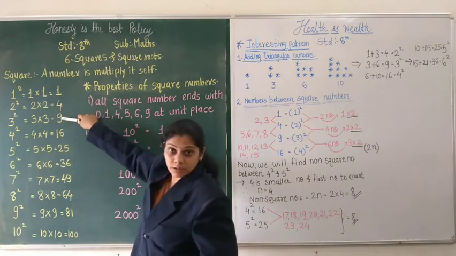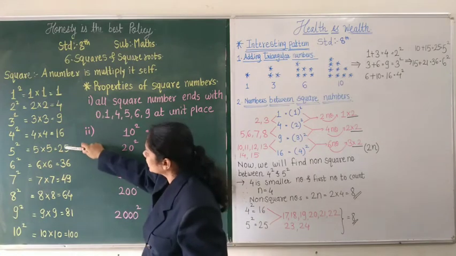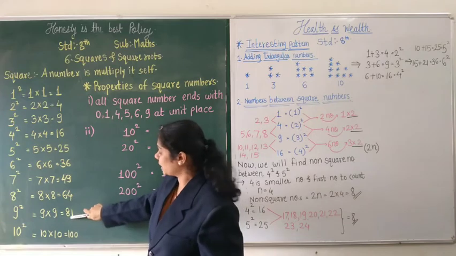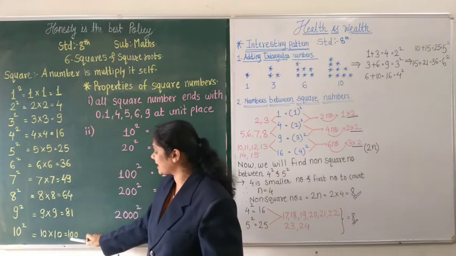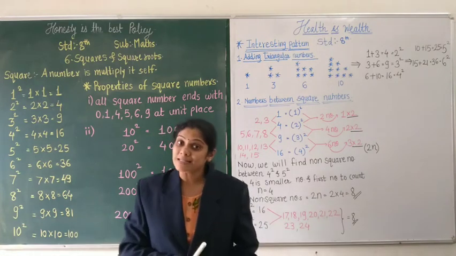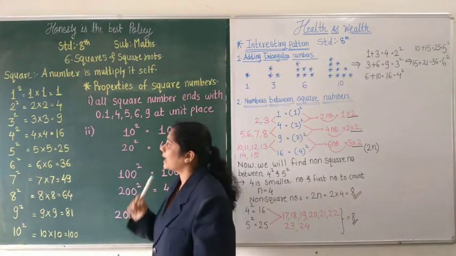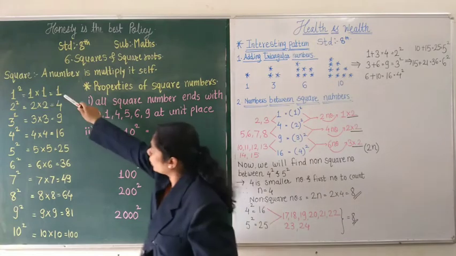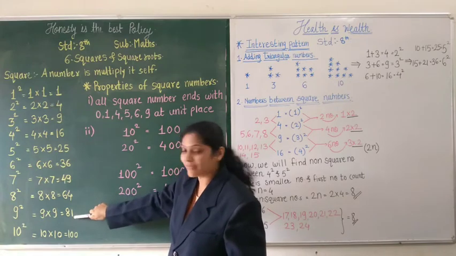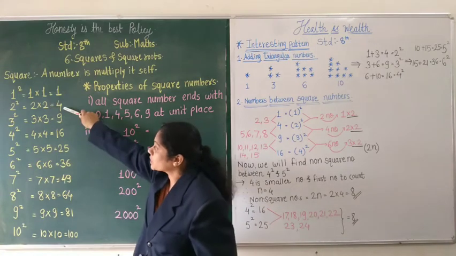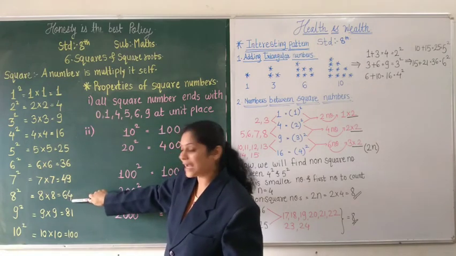Now look here. These are the 1-digit numbers, so 1 digit means it has only the unit place. These are the 2-digit numbers, which have unit place and tens place. And these are the 3-digit numbers, which have unit place, tens place and 100 place. But while considering the properties, we are going to consider only the unit place. So now look here, at the unit place, which numbers are there? 1. So the square of 1 has 1, and the square of 9 also has 1 at the unit place. The square of 2 has 4 at the unit place. Like that, the square of 8 has 4 at the unit